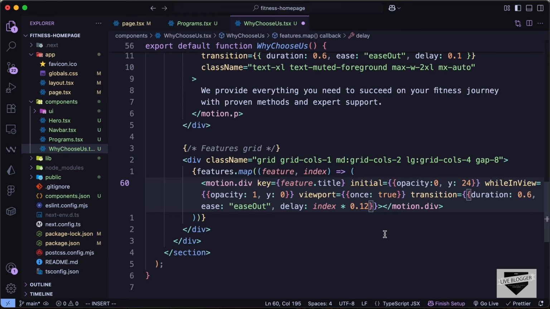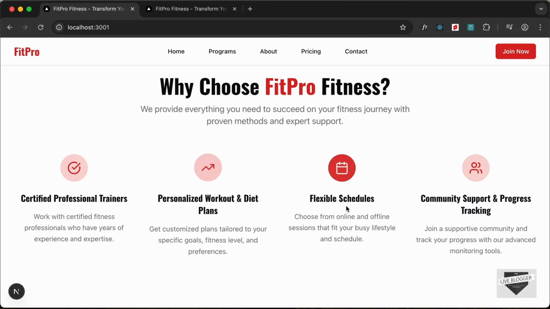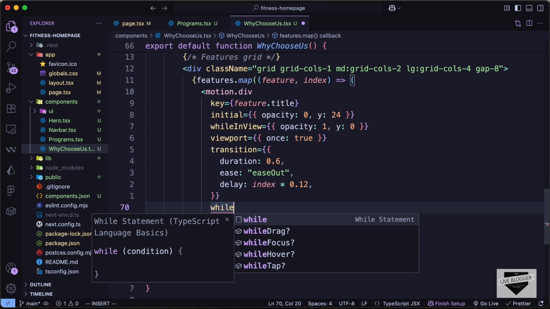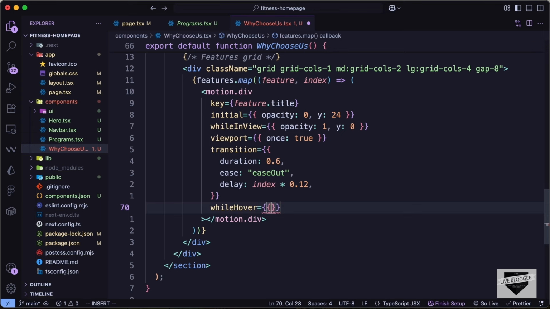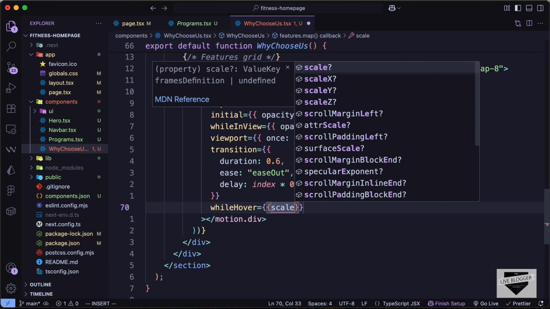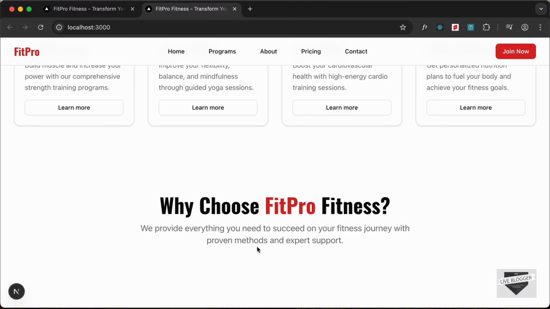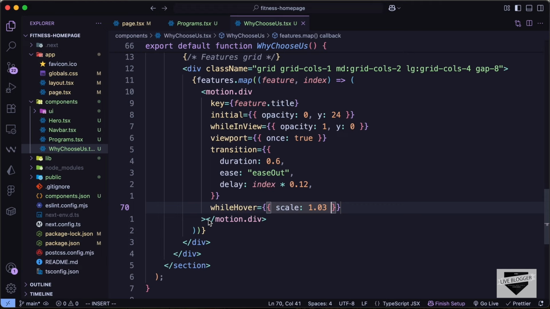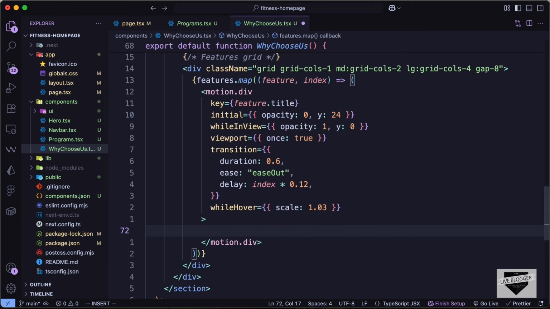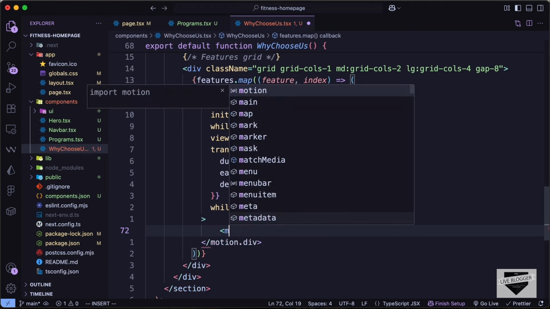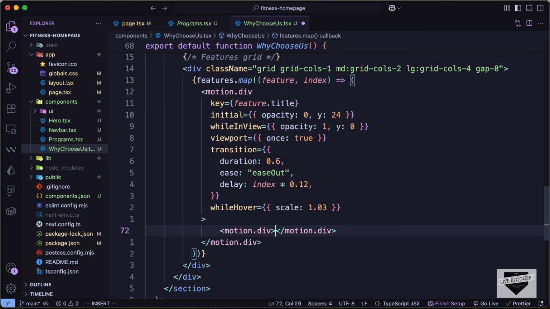So let's go back. Now when you hover over this, we also need to change the scale. So let's go ahead and type while hover, and let's set it to scale 1.03. And right now we cannot see anything because we are not displaying anything inside this motion.div. So let's do that. So first of all, let's create a motion div inside here for the icon, and here let's type